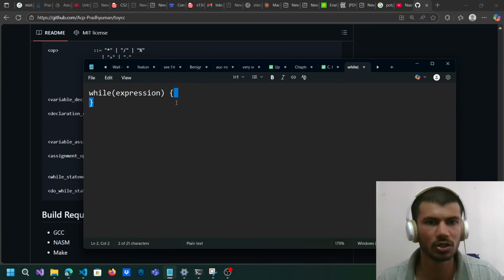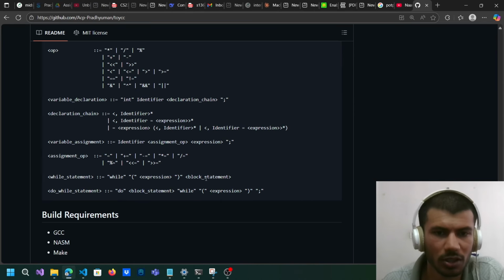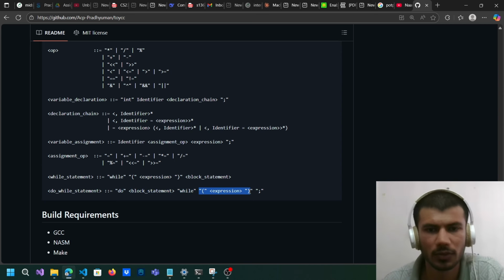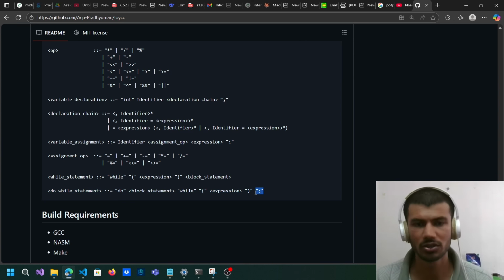Only then we'll go into this block. So that is what has been done earlier. So within this, we'll have expression, and then a block statement, and then followed by do while. We'll have do, then block statement, then while followed by the condition, the expression, and then we have the semicolon,